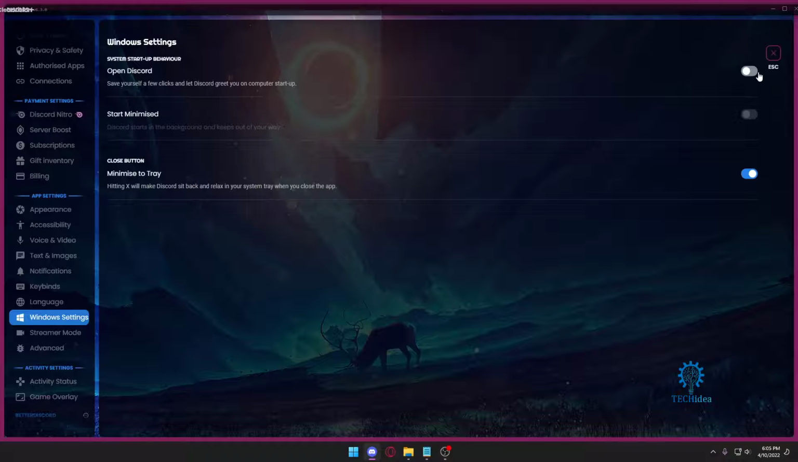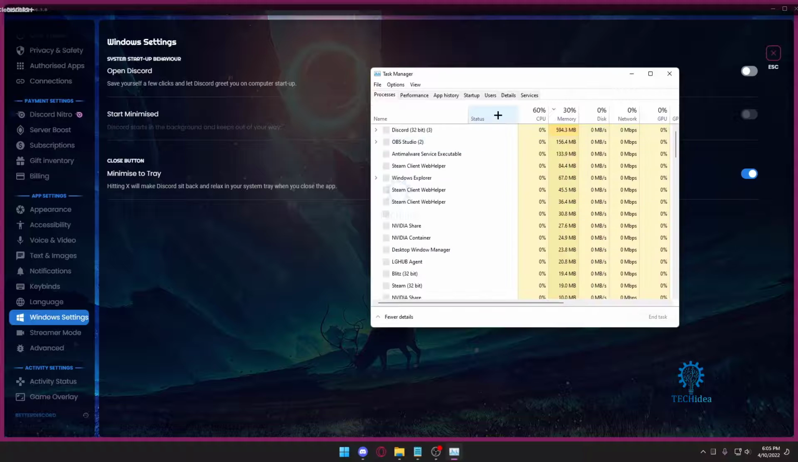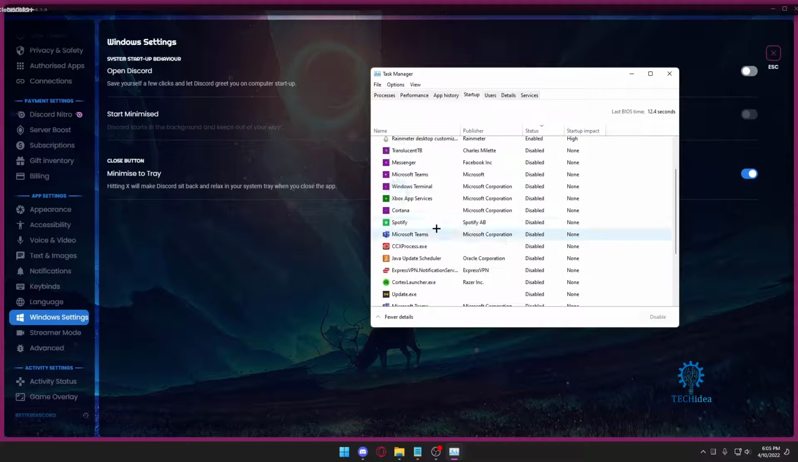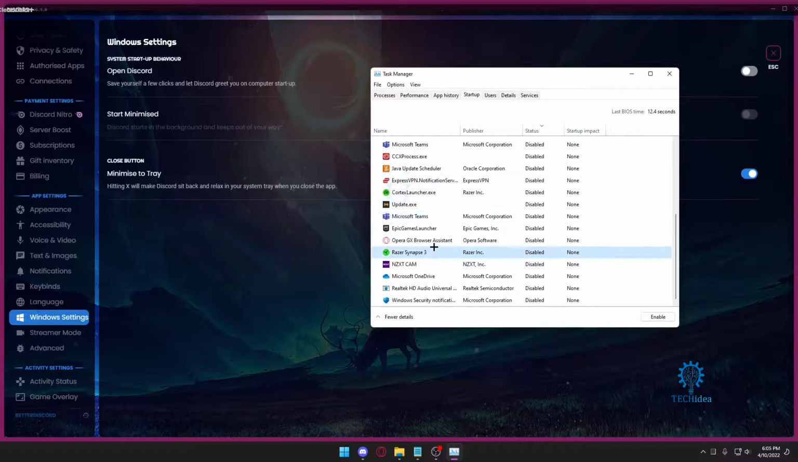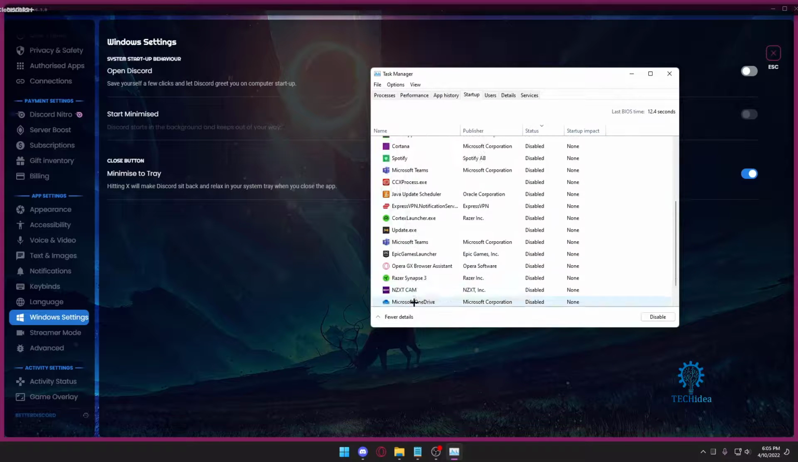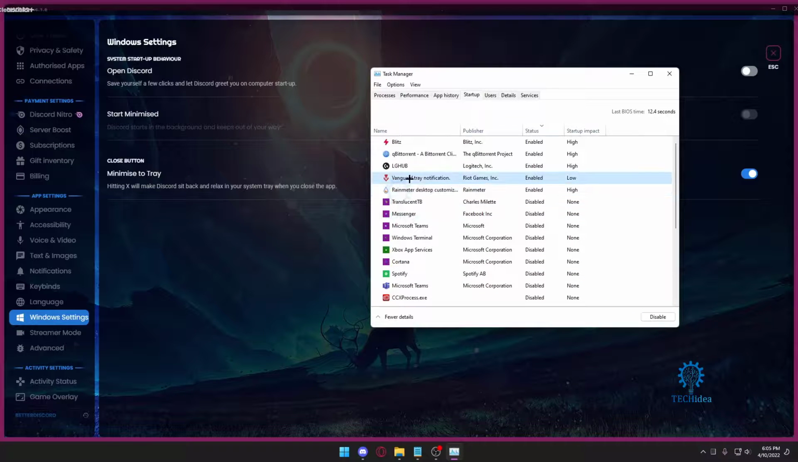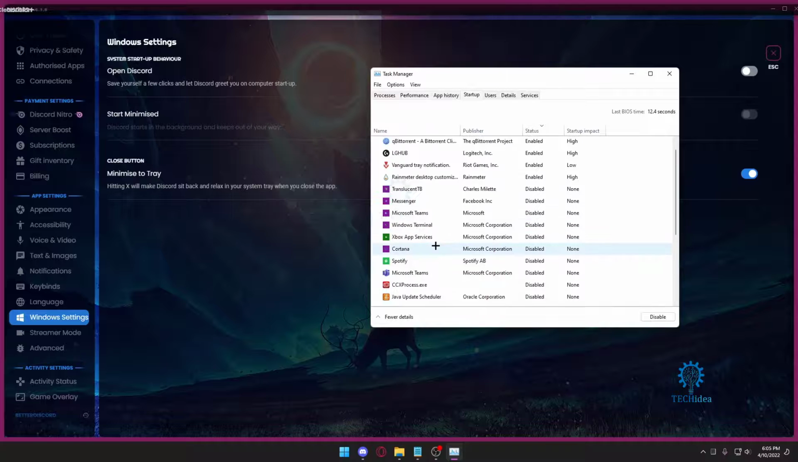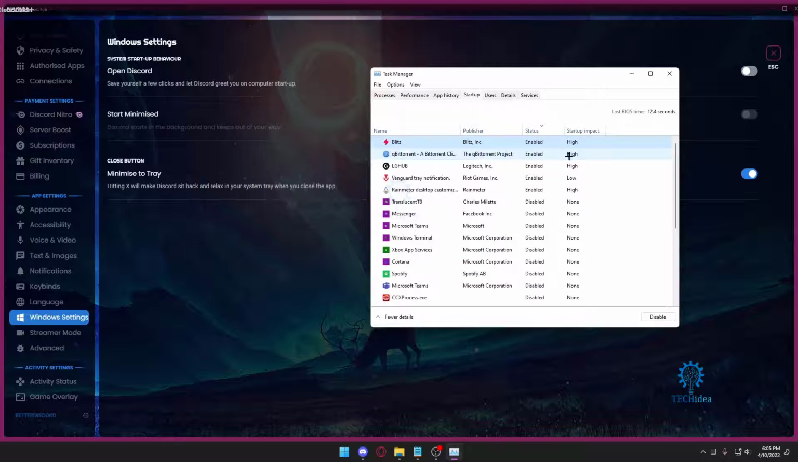And even after turning it off, if your Discord keeps on opening up, I would advise go to Task Manager, go to your startup. Once you're in your startup, search for Discord here. I'm gonna search for it. Seems like I don't have Discord here. That is alright. Well, that's good for me, but normally if you have Discord here, I'm just going to show